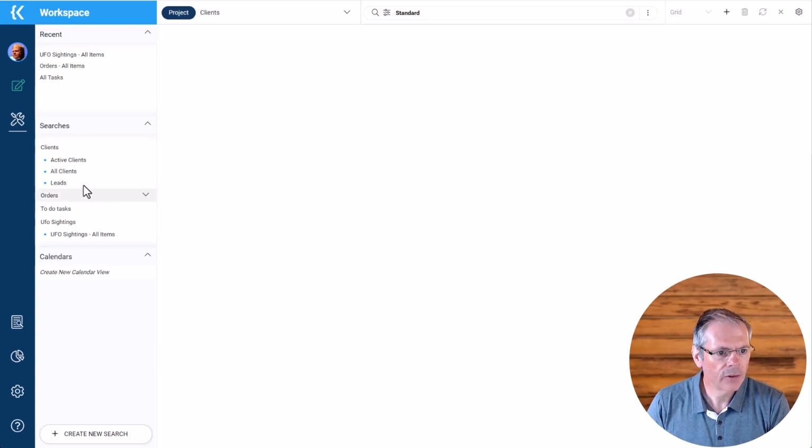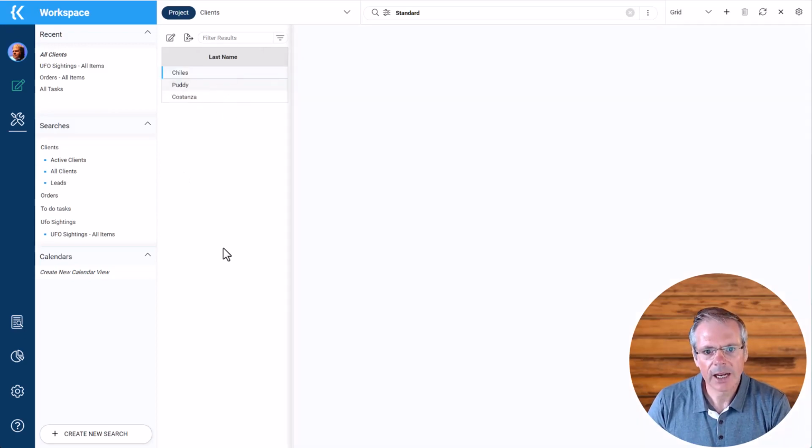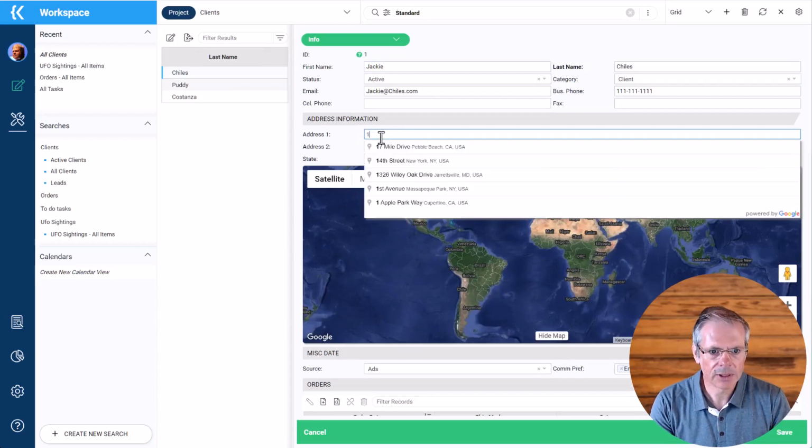So we have our client application that we can see. And let me show you an example here for this guy. So let's say you want to type in the address. I want the system to figure out the position of an address. If we type in an address in Florida,